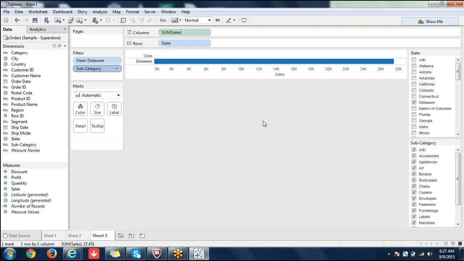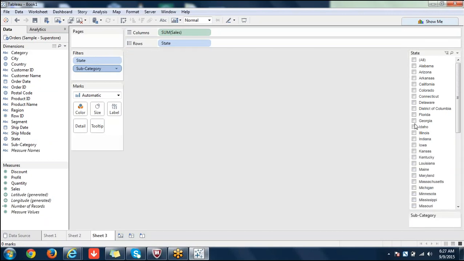When there is no relation, only relevant values. For example, I have selected Delaware; for Delaware, all subcategories which are available in the database will be displayed like this. I'll try to select some more states here, Idaho.